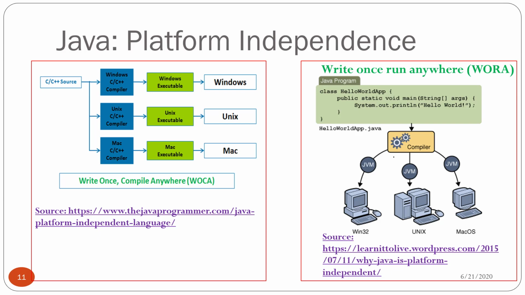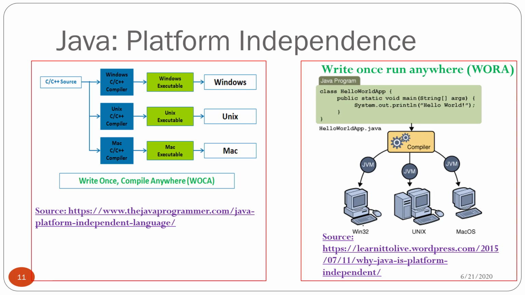And this bytecode is not hardware specific. This bytecode is the language which the Java virtual machine understands. Because the result of the compilation process gives us a program in bytecode which the JVM understands,